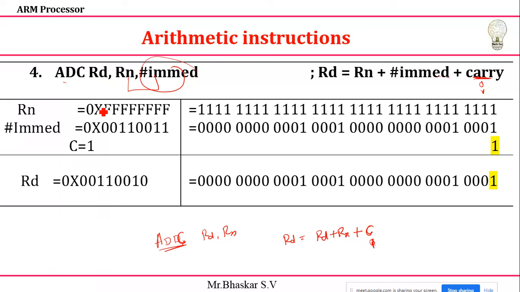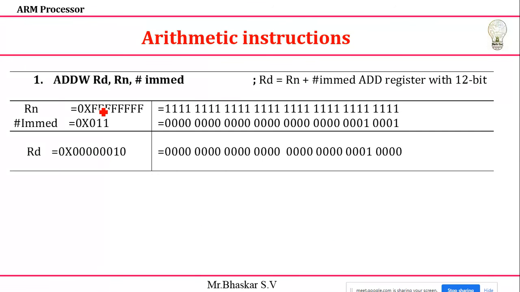So we discussed the add instruction. Next, addition with carry. Next, one more instruction will be there, that is ADDW, add W. Here this is the instruction. What is the use? Suppose I want to add only 12 bits of immediate information. 12 bits means how? You can see 4, 8, and next it is only 3 bits, so 2 bytes are 3 nibbles of information. If I want to add only 3 nibbles and you have any more data, it will not be considered. So we can't give this value here.